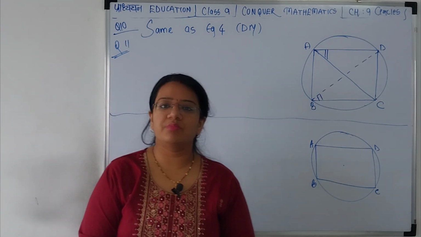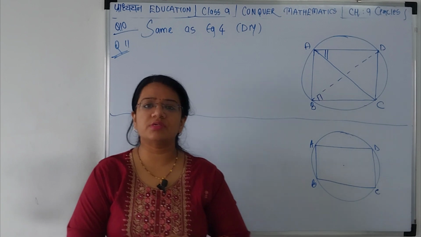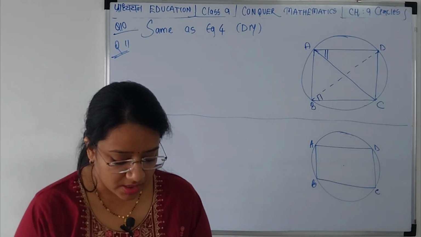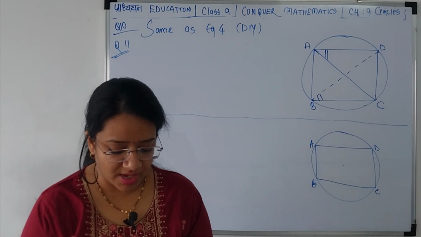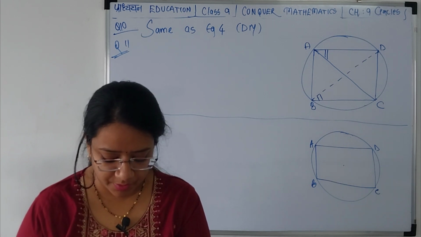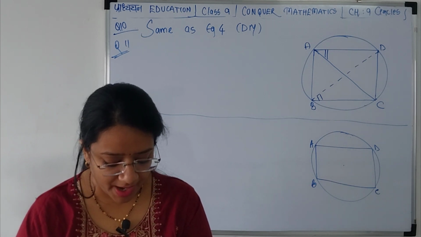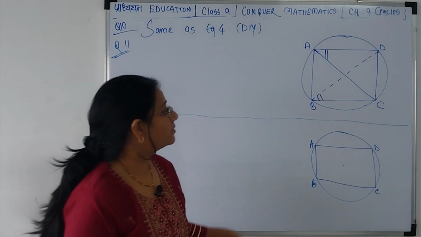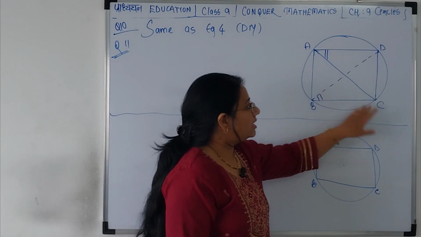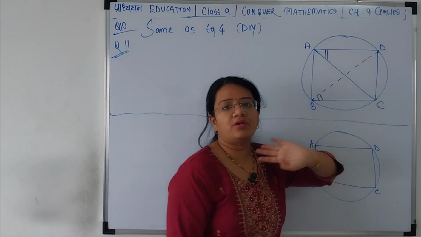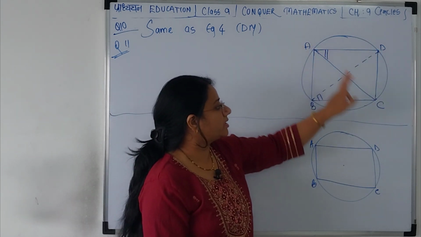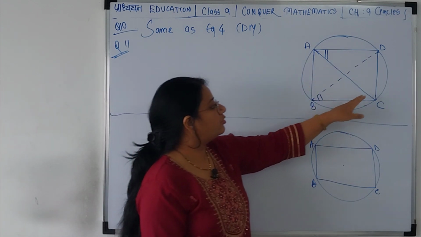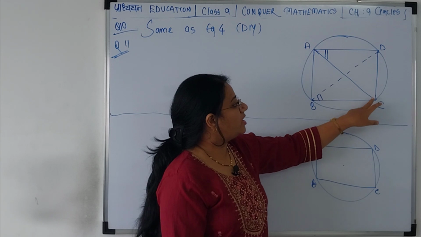Let's read question number 11. Questions 11 and 12 are extremely easy. Let's read and quickly finish them off. Right. ABC and ADC are two right angles with common hypotenuse AC. Prove that angle CAD is equal to angle CBD. See, ABC and ACD are two right triangles with common hypotenuse AC. We have to prove that CAD is equal to CBD.